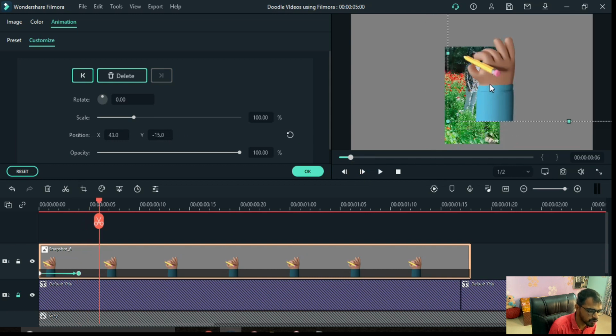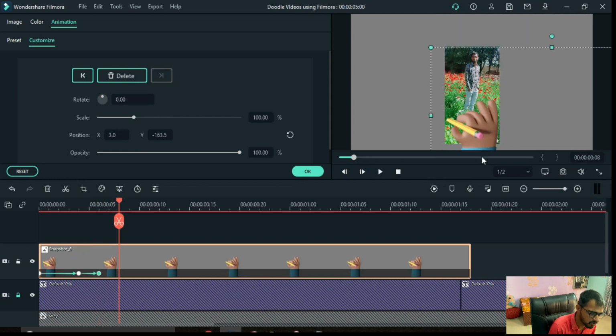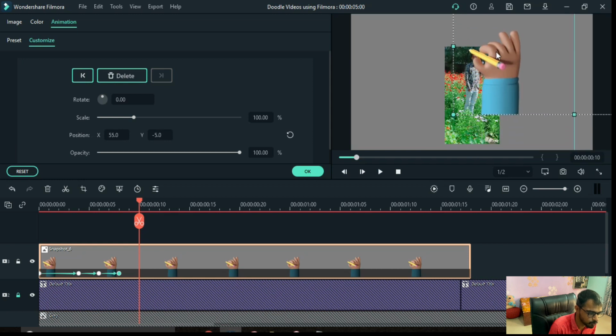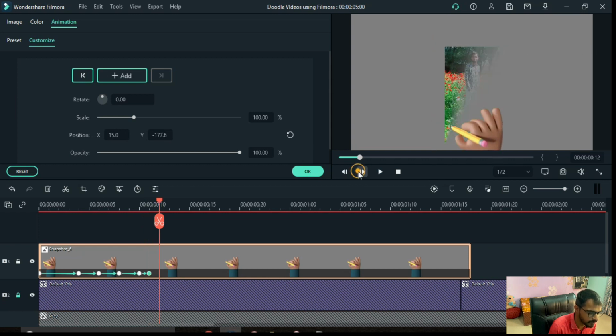So you don't need to be perfect here because it is only 1.5 seconds. So if you miss some details, that's okay. Nobody is going to see that this thing is missing unless they play the video in slow motion. So let me just quickly cover this thing. Let's see then how it will look.